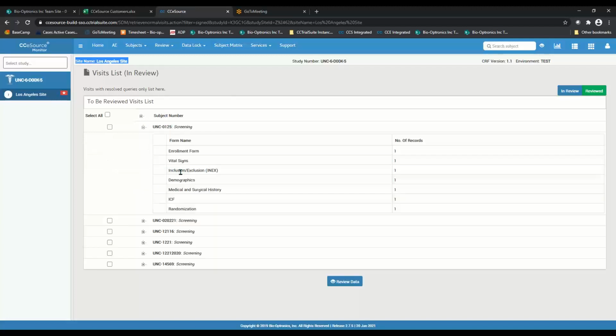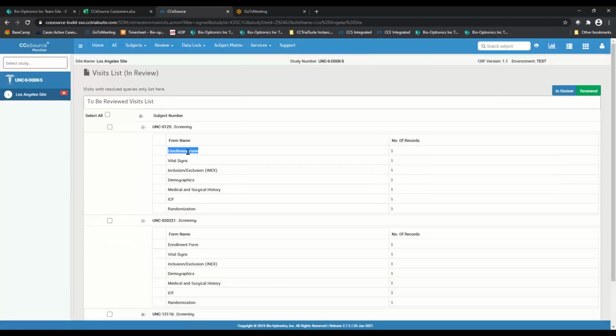And if we open those up, we can see the different CRFs that still need review. But we can't click on any of those and see the actual data. So we do need to go into those visits to see the actual entries from the staff for the enrollment. This is just marking that reviewed box or that freeze box. It's not actually